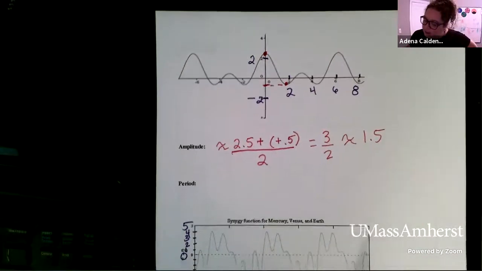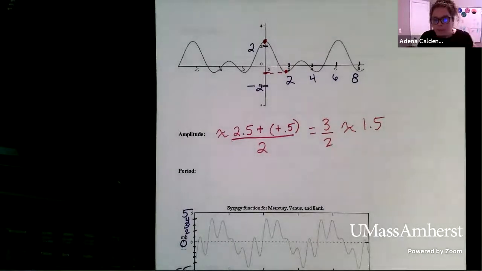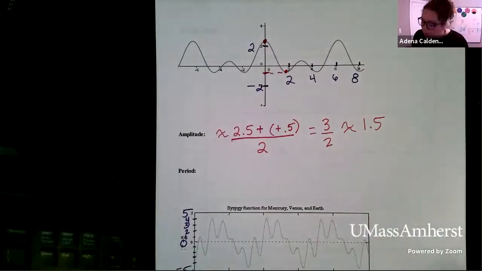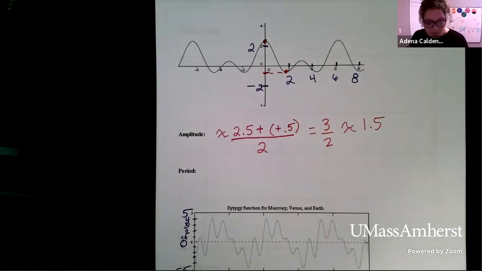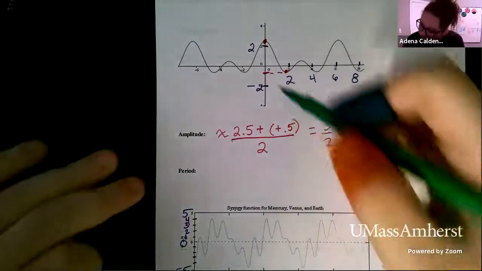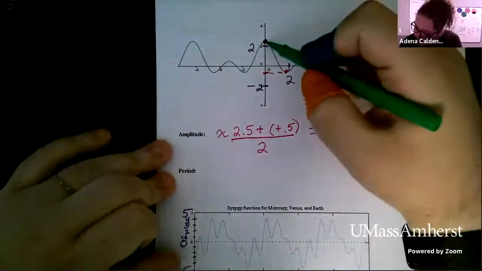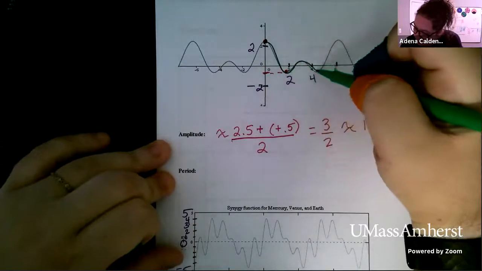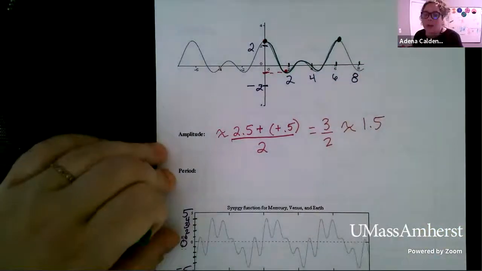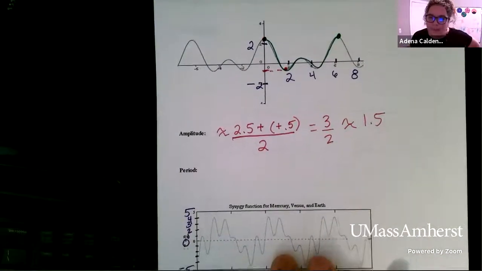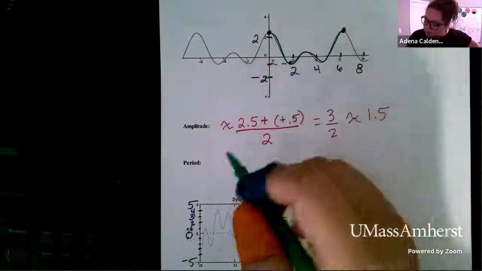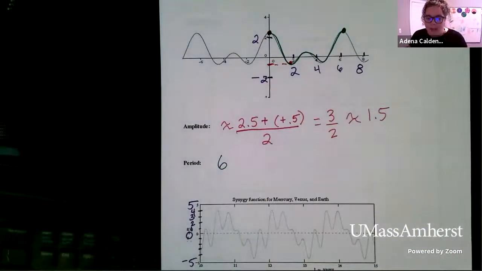Now for the period, again, we need to figure out where our pattern starts and finishes, and you can do that anywhere on the graph. For me, I just started at the origin because I thought that would be the easiest way to figure out where it repeated. And at the origin, we see we're at a maximum. So that's at 0. And then if you look at this and you just see where it goes until it reaches that maximum again, I said that that maximum happened again at 6. So from 0 to 6 tells me that I'm going to repeat every 6 units. But again, you don't have to pick the same place to determine the period that I do.